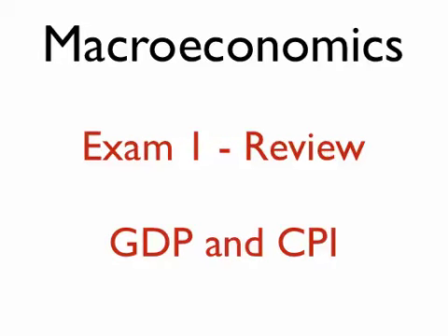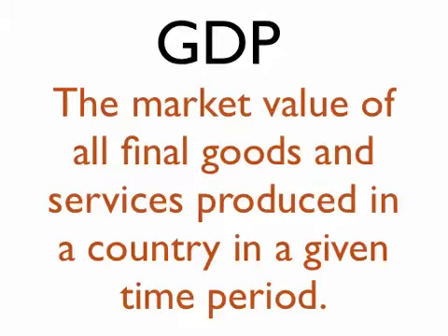This video will help you prepare for the first exam. It covers chapters 23 and 24, and we discuss GDP and CPI. GDP is defined as the market value of all final goods and services produced in a country in a given